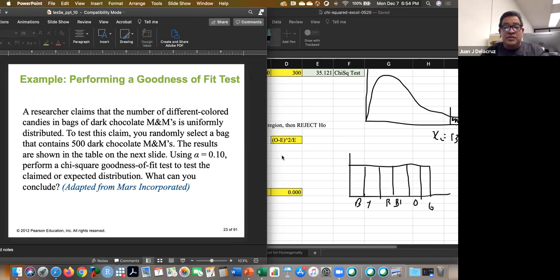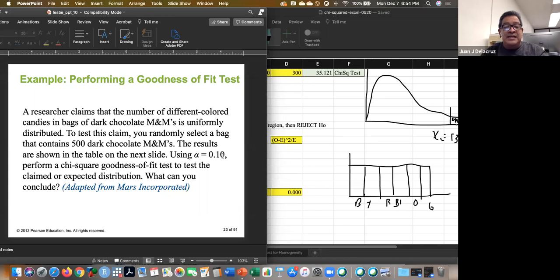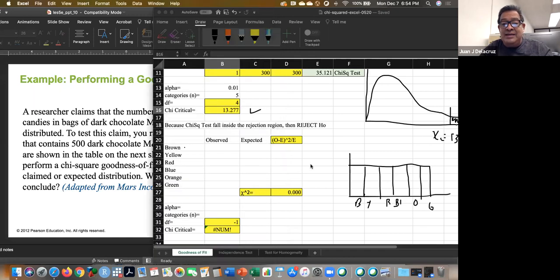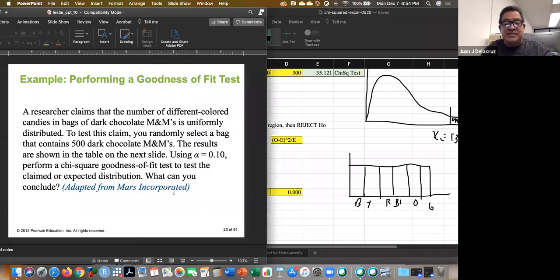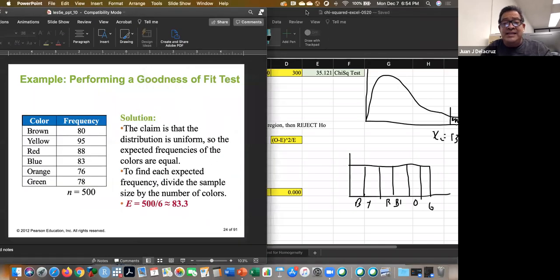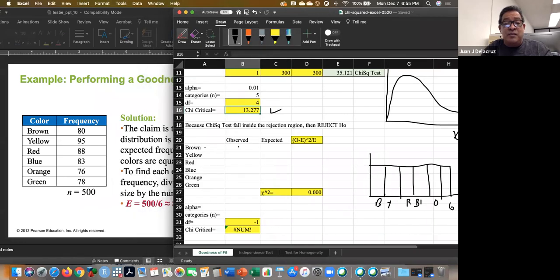Okay, so we are gonna use a 10% significance to perform a chi-square goodness of fit test to test the claim or expected distribution. So I know that this is the expectation, but then I open the bag and something happens. So in this case, the expected is basically the observed. So if I open my